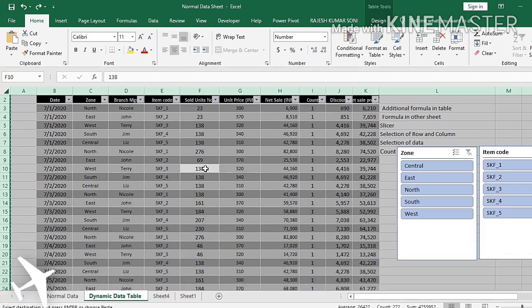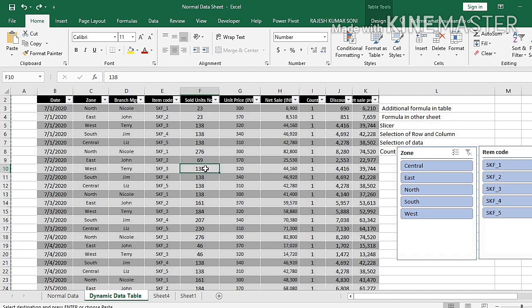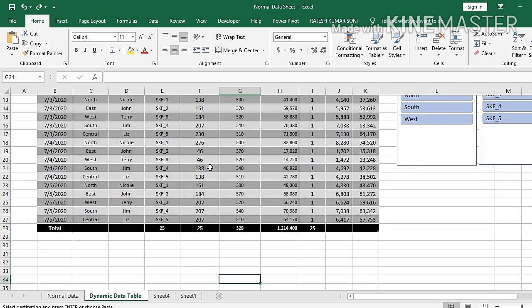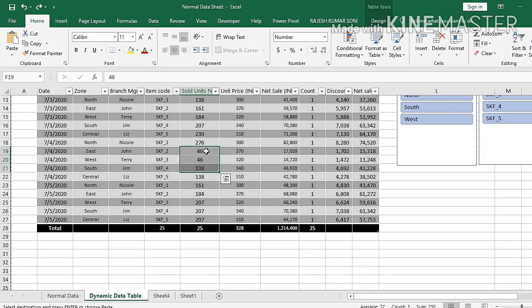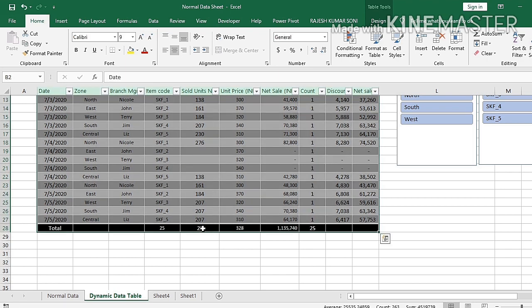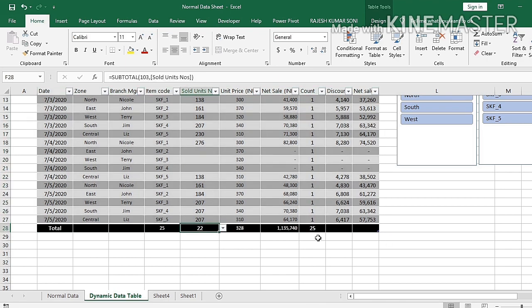Before going to the next feature, we will tell you about the count column. Here we go to the bottom of the table and remove some data from this column. Here you can see the number 22 and in count it is 25. So what is the difference between the two? It shows the number of cells which have some data, but here it shows the number of rows you have filtered in the data.